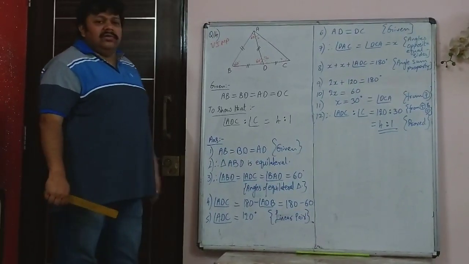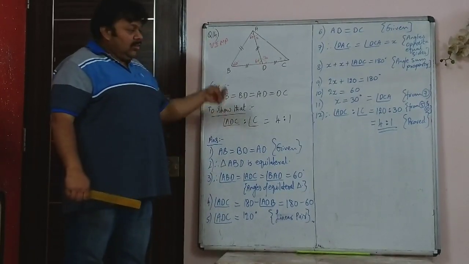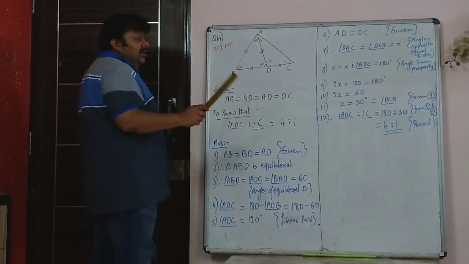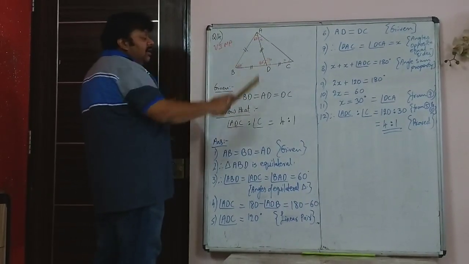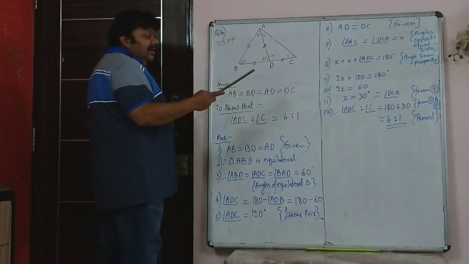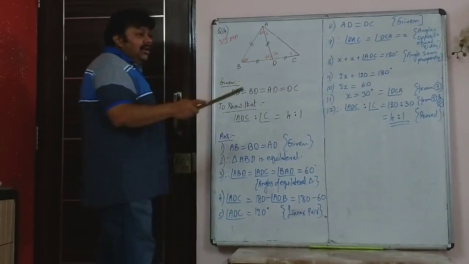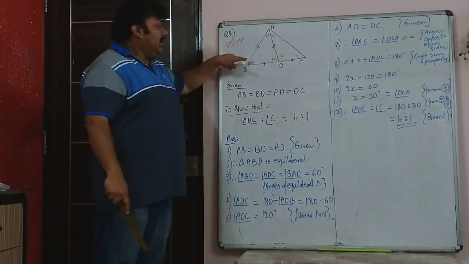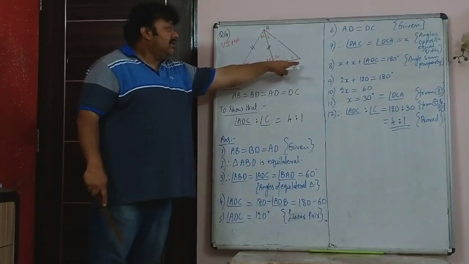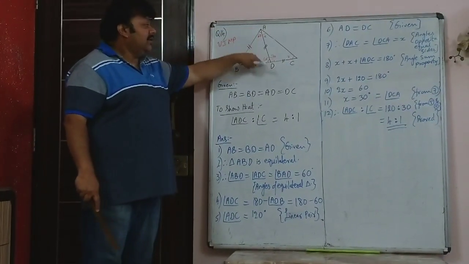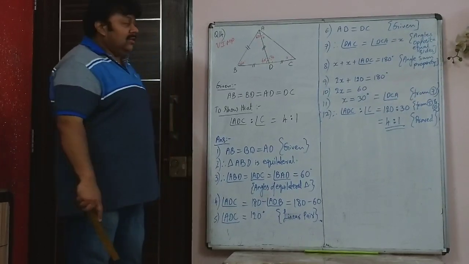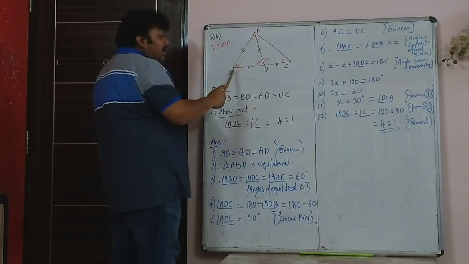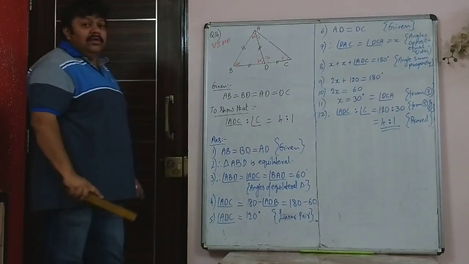Now such sums are asked. This is a very important sum. Very simple, very important. So here, first of all, figure is not given. You are told that there is a triangle ABC, and in triangle ABC, D is any point on BC. D is a point on BC such that AB, BD, DC and AD, all those four sides are equal. That is given. So D lies on BC, and D is such that AB, AD, BD and DC are all four sides equal.